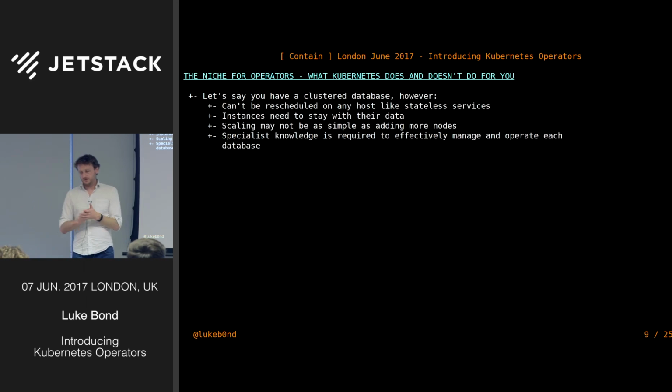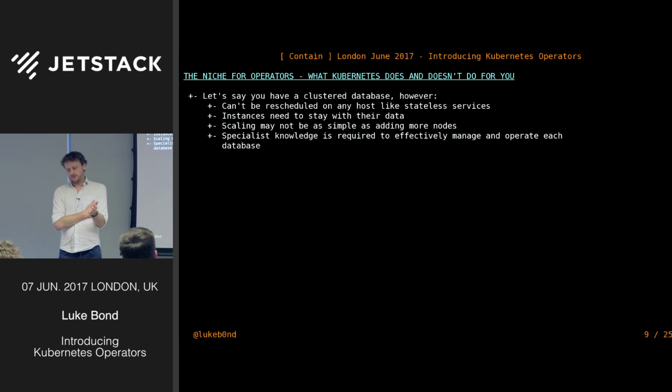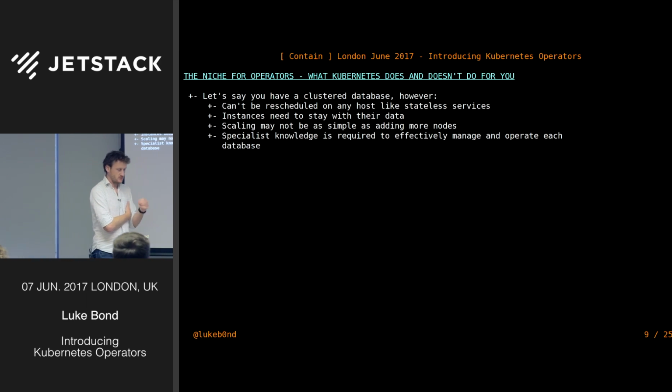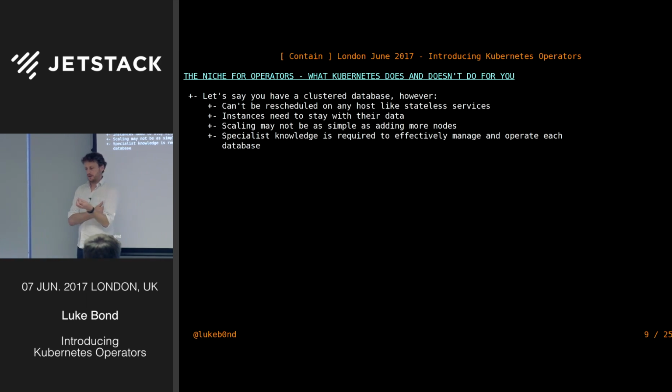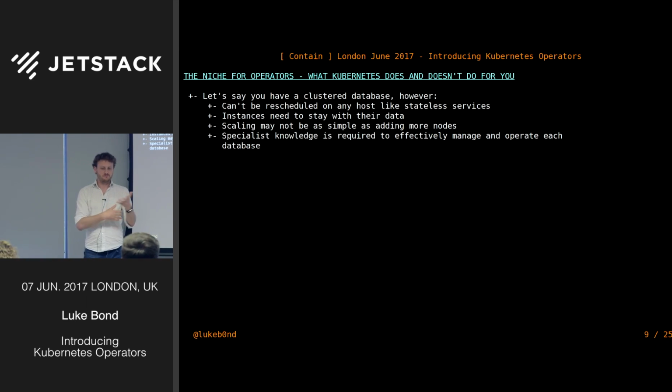So Kubernetes does all this for you, but if you have a bit of a different kind of application, maybe something like a clustered database, let's use, say, Cassandra as an example. You can't simply reschedule it on any host like a stateless service. At least it's not quite as simple as that. You can, of course, move it. But let's say you have a Cassandra database with 3 instances of it across a cluster,